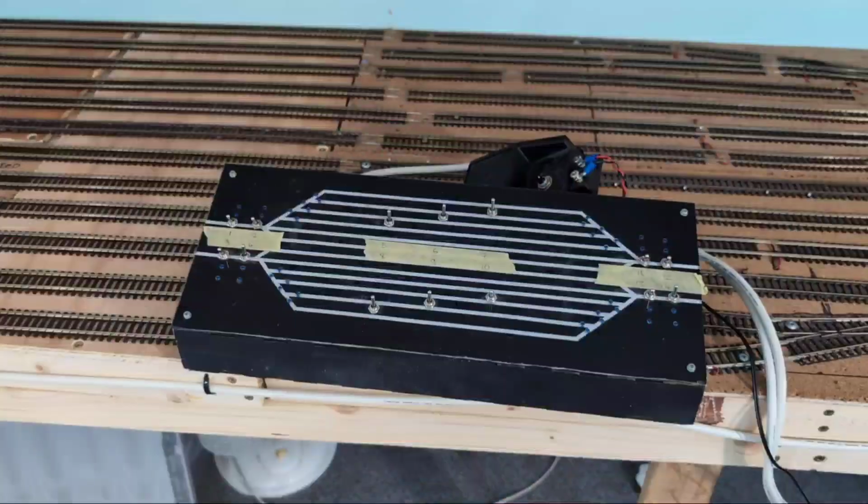that makes sense. So all in all, I'm very happy with having my point controllers all set up and I'm ready to go, and I can start putting trains into the fiddle yard without having to just lay them on the track. Actually running trains into the fiddle yard is good because I can test that the track's actually working. So what I'm going to do is I'm going to go back to you in the main room in a